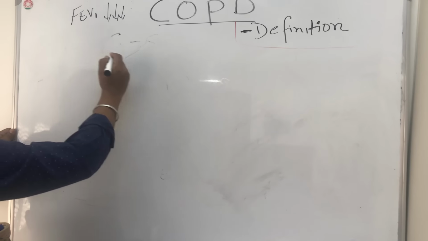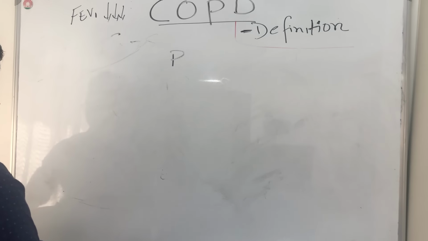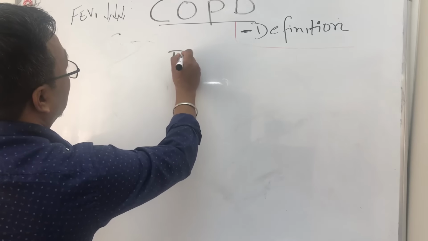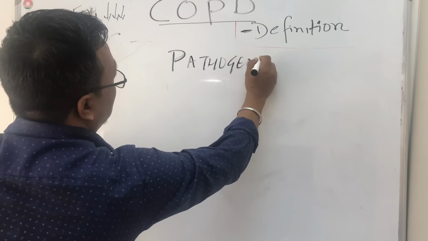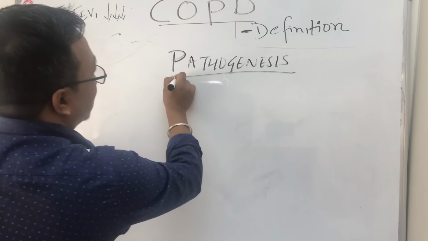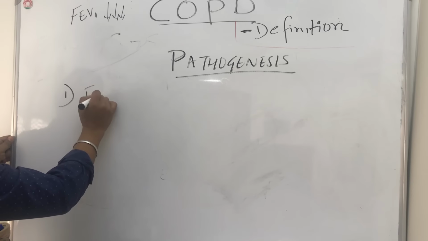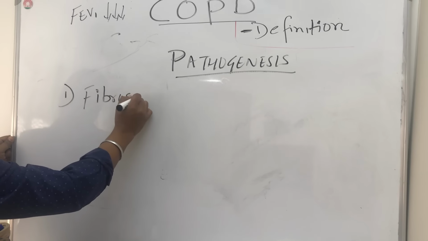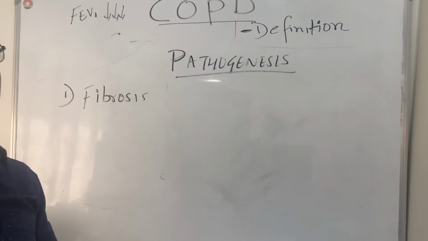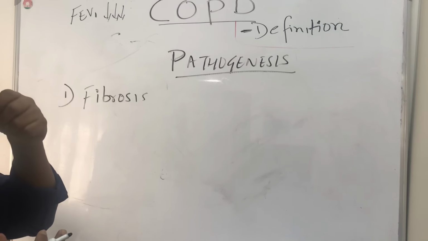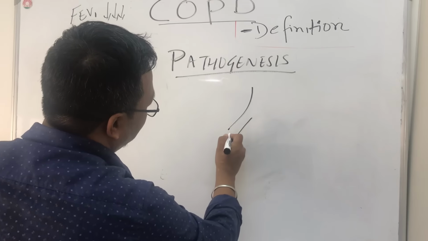So now we will discuss what is pathogenesis. When you write pathogenesis of COPD, remember the first thing you will write about is fibrosis. Fibrosis is the main contributor in resulting COPD. Now what is fibrosis? These are the airways, which are dividing,